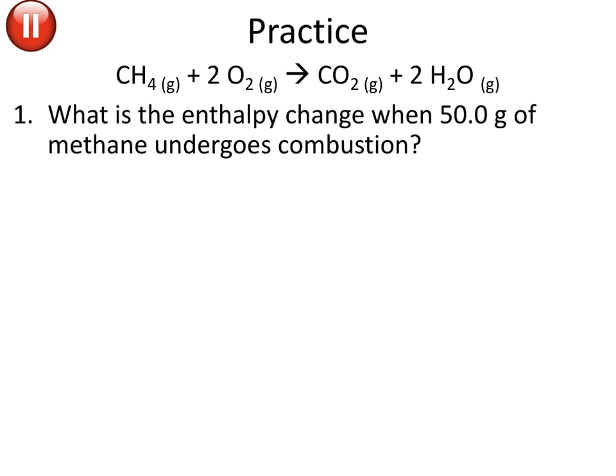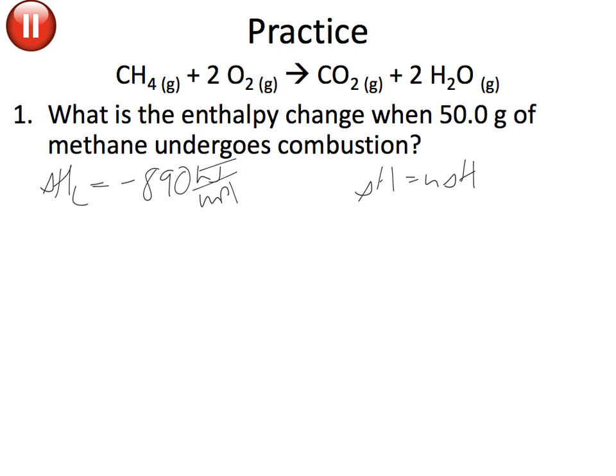All right, so you should have been able to find it in the data booklets. The delta HC for the combustion of methane is negative 890 kilojoules per mole. To figure out what the enthalpy change is, delta H is going to be equal to n delta H, in this case C. We have to figure out how many moles we're going to be burning. So we have 50.0 grams, and we divide that by the molar mass of methane, which is 16.05 grams per mole. Our grams cancel out, and we are left with